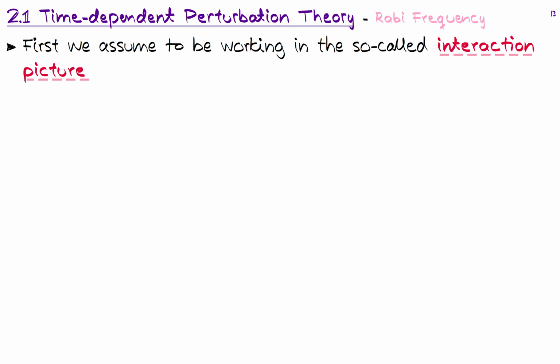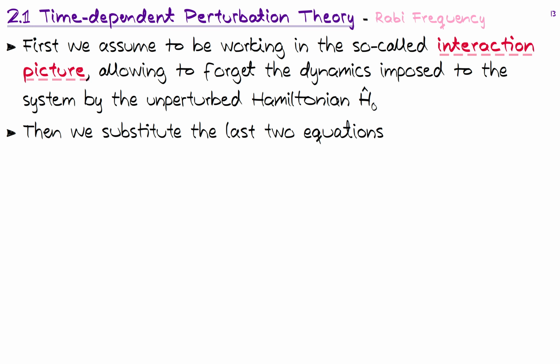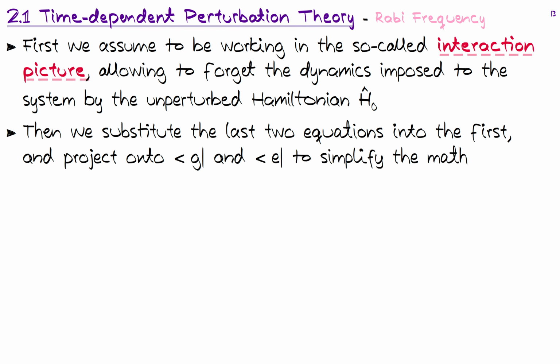So basically we are now more interested in looking at the dynamics of the electron states with respect to each other, and not a stationary coordinate system with respect to time. So we can really simplify the dynamics, and we don't need to deal with the oscillations arising from the unperturbed Hamiltonian H naught hat. Now we can substitute the last two equations into the first one, and we can also simplify the math by projecting onto these different bra states and use